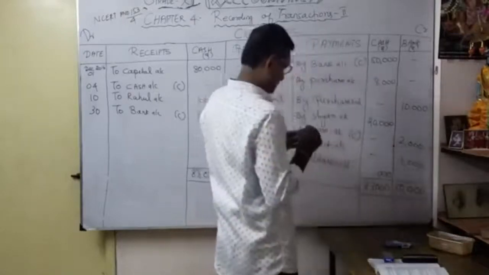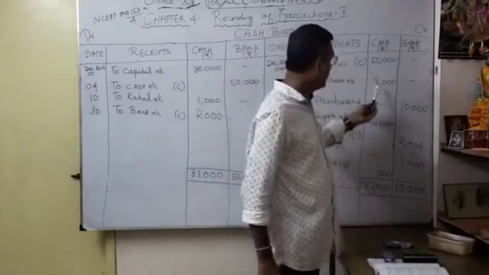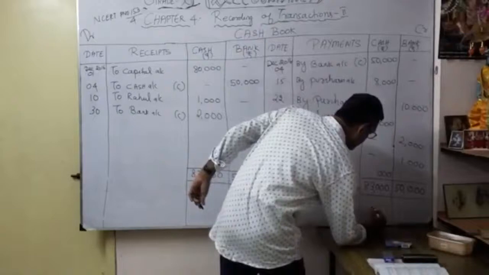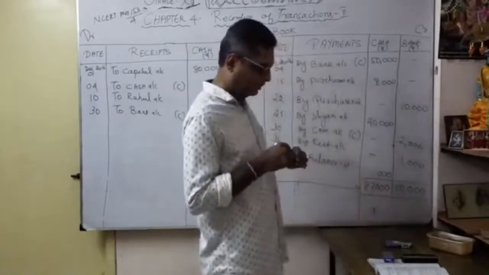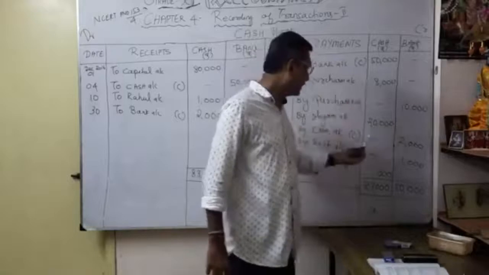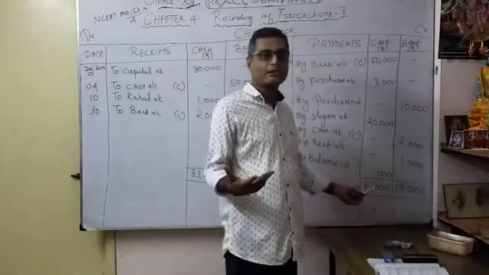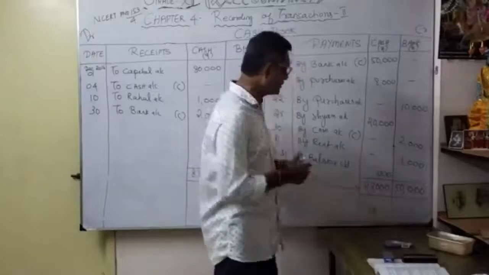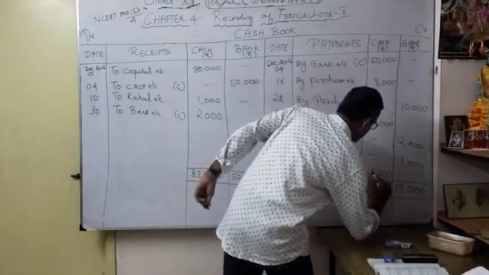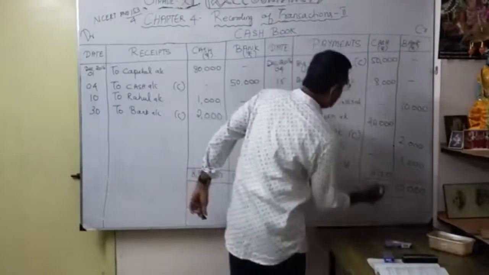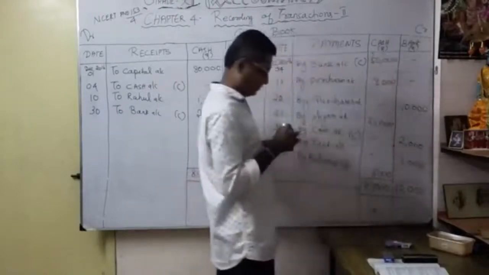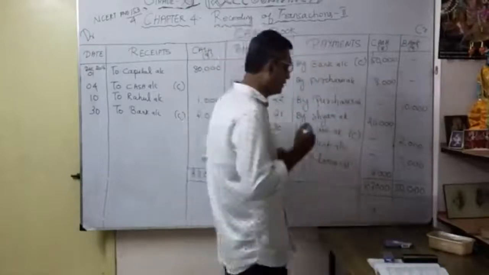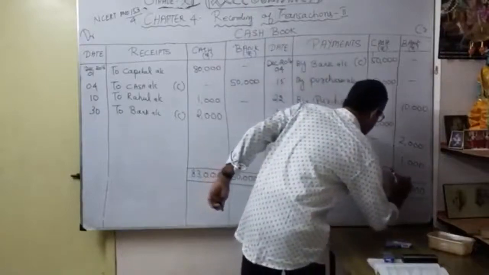Then see carefully, here 8, but here only 3. So what did I consider? 13. Understood? Because then only we know the difference. Whatever is 8, I can't do with only 3, so I consider it as 13 instead of 3. I put 1. So what's the difference? The difference is 5. Correct? So this is the balance, and carry over here. So 5 plus 1, 6, then 2, 8. So what is our cash in hand at the end of December? 5,000.